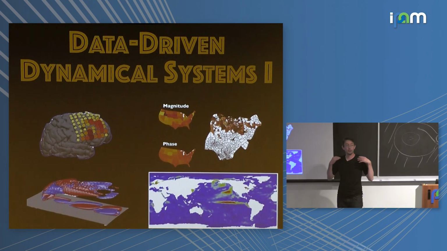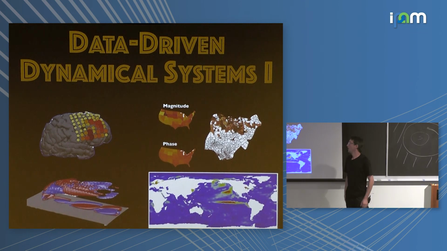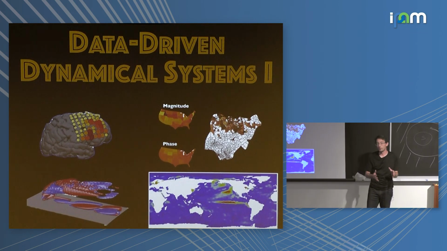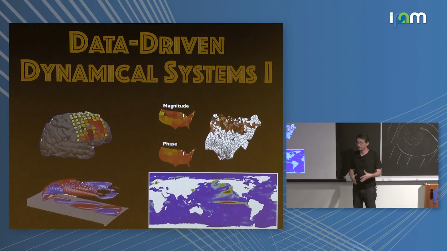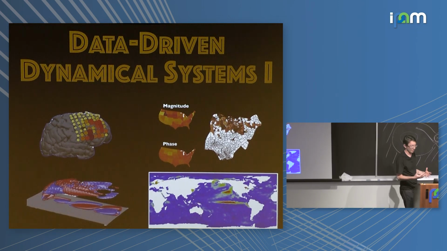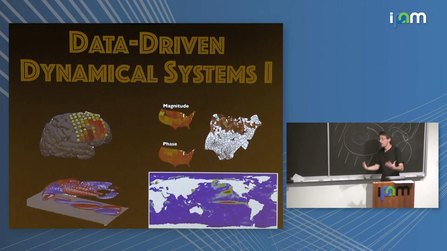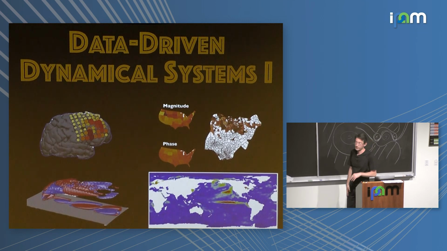Now I'm going to talk about data-driven dynamical systems. And I'm going to walk through a number of the most prominent techniques that have been developed in the last 10 or 20 years to identify dynamical systems from data and identify coordinate systems from data. This is an extremely biased view of the world, kind of myopic to what I think about on a regular basis, but this will give you an idea of the kinds of things that are commonly done.